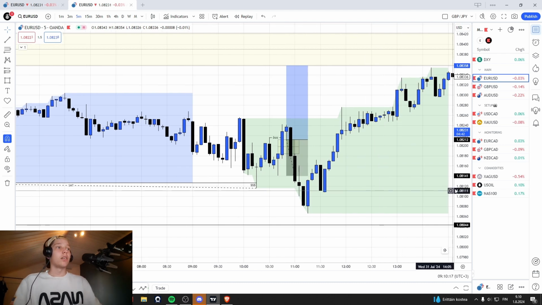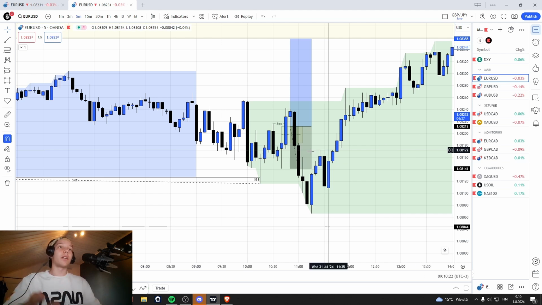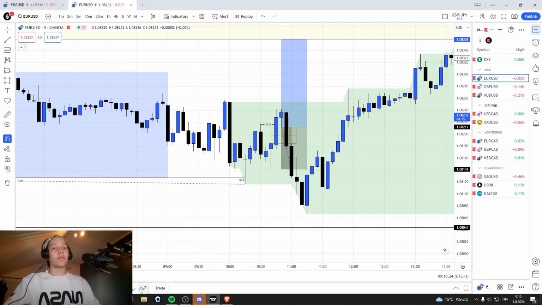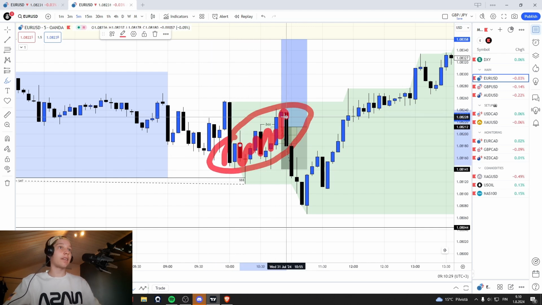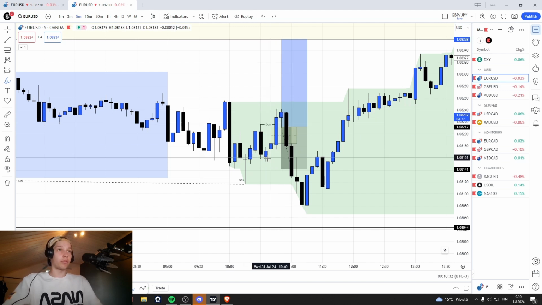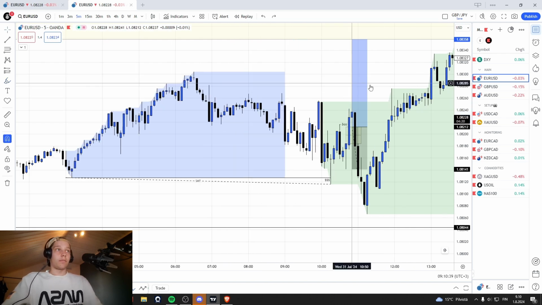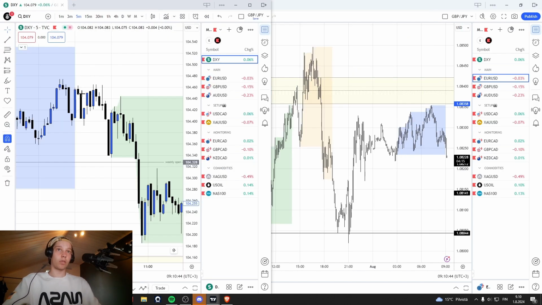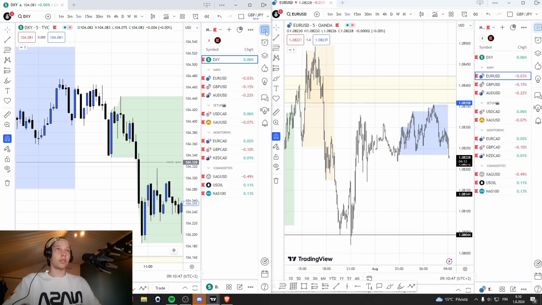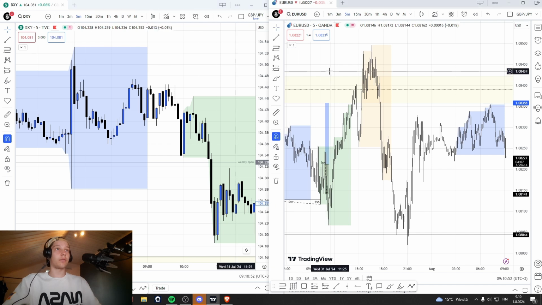And I figured out maybe I should be a little bit more picky with my break of structures. So for example, here we break structure, but the price action is super choppy like that. Plus it's NFP Wednesday, so I should have been a little bit more cautious about that, and maybe expect a break of structure above that high. Plus, I will show you what the DXY was doing, because it was nothing good. I will say that.